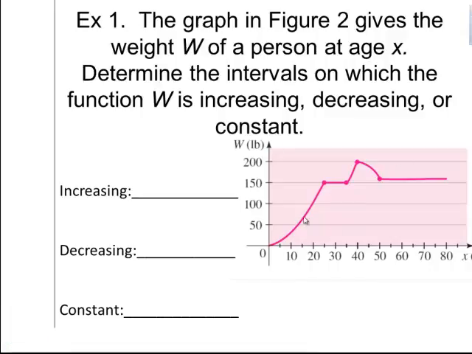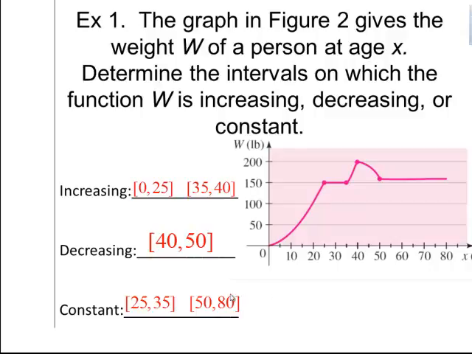It is kind of hard to read, but we see that it's increasing from 0 to at least, I think, 25. And then it's also increasing from 35 to 40. Okay? So those are the increasing intervals. Now it's decreasing right here. Imagine riding your bike down, right? Decreasing from 40 to 50, and then we can say that it's constant from 25 to 35, and then also